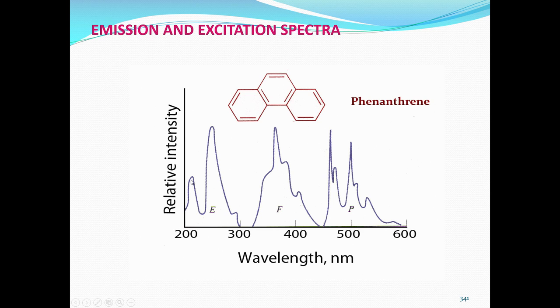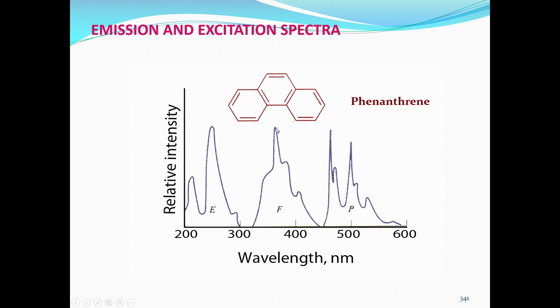Here you can see that the excitation wavelength is somewhere near 250 or something like that. There is one excitation wavelength somewhere around 220, but 250 seems to be slightly better, more sensitive, and the emission spectrum starts not from 300 or immediately thereabouts, but from about 325, 330 or something, and